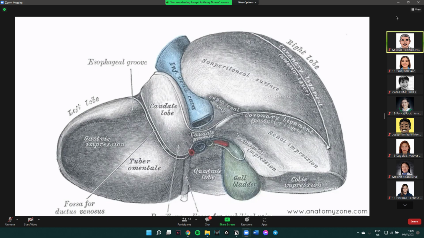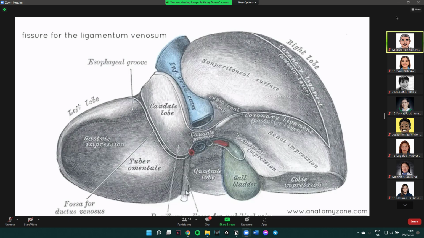So the peritoneum covers the whole liver except for this area which I'm showing you at the back of the liver, called the bare area. The majority of the liver is covered in peritoneum, which reflects off the diaphragm. And then you've got this fissure here, which is called the fissure for the ligamentum venosum. The ligamentum venosum is a fibrous remnant of the ductus venosus, and just below it, just here on the side of the quadrate lobe, you can see